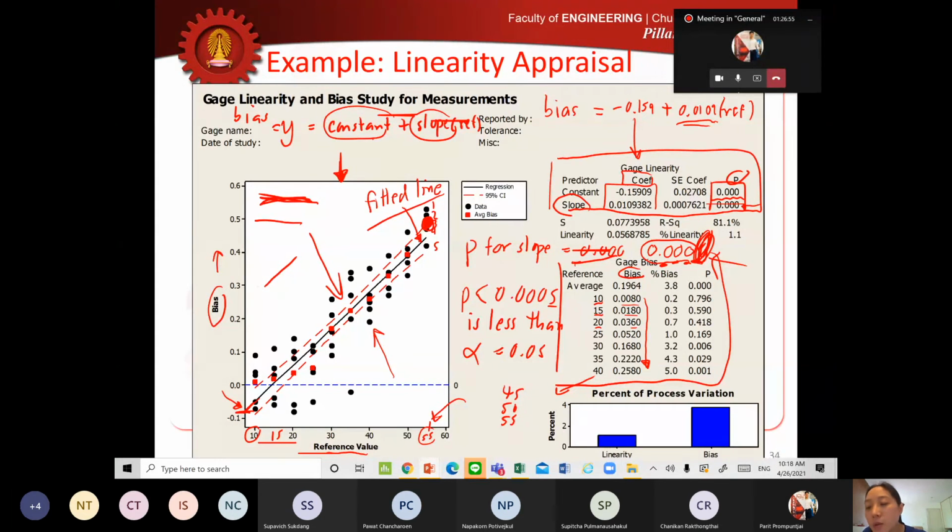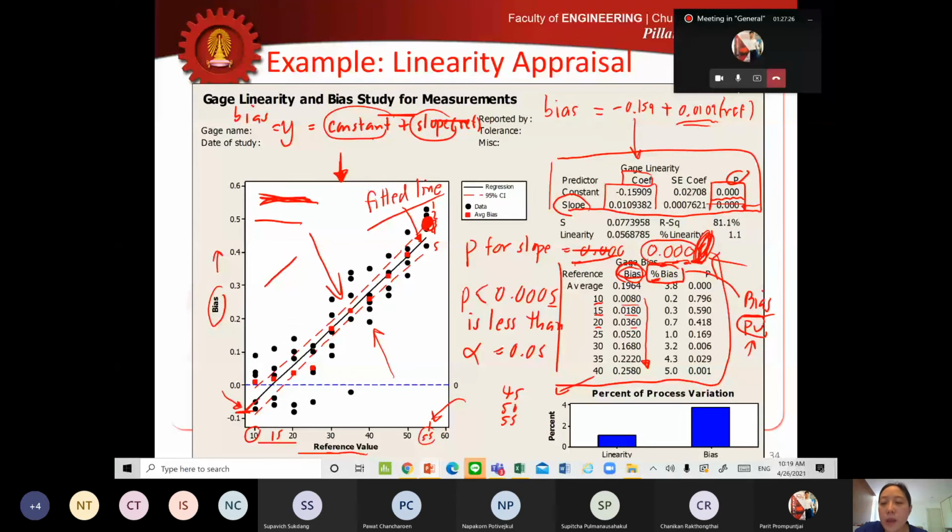Percent here means it compares bias with the process variation. That means when you use Minitab, it will ask you to enter the process variation number. In this case, I have entered some number, and then it will take the bias and divide it by this number, and then it will calculate this column for you,